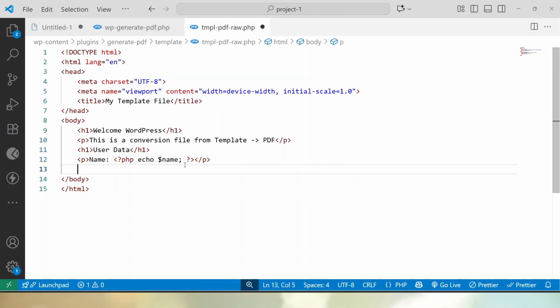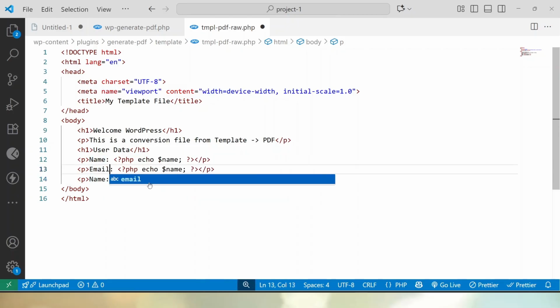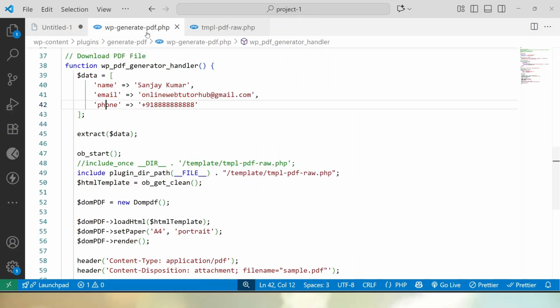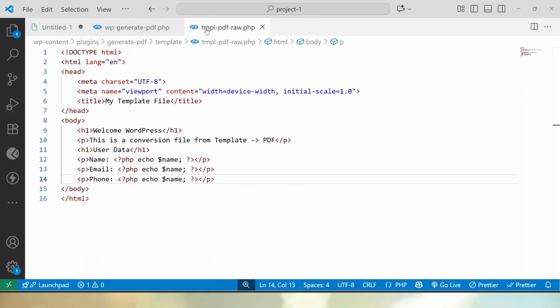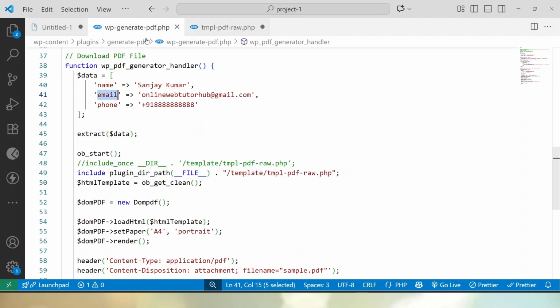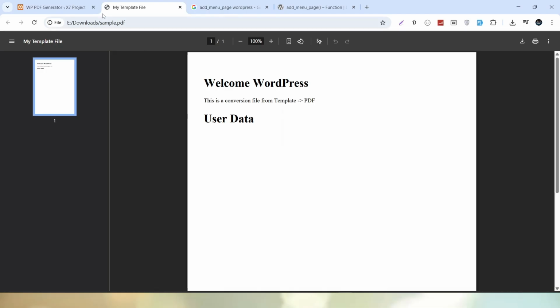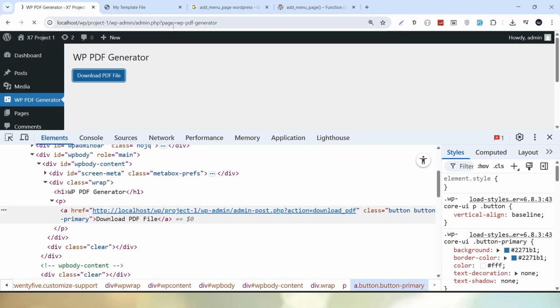Then after, I will make use of two more times. This will be something called email, and here it will be phone. If I copy this email, let's paste here. If I phone, let's paste here. Now, if I save all these changes, let's go back to the browser, and here, now if I reload, now this